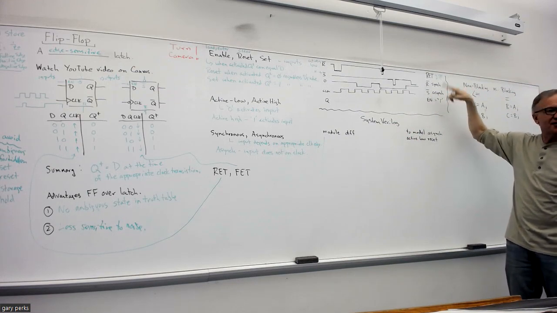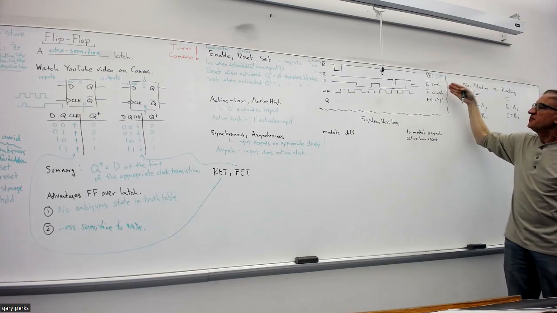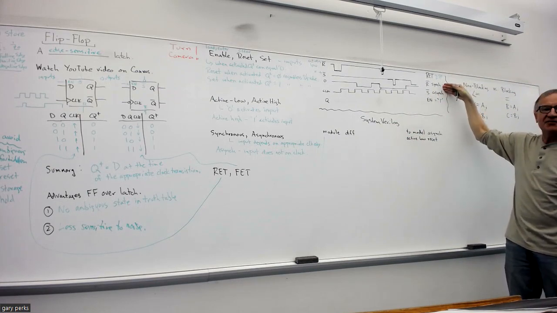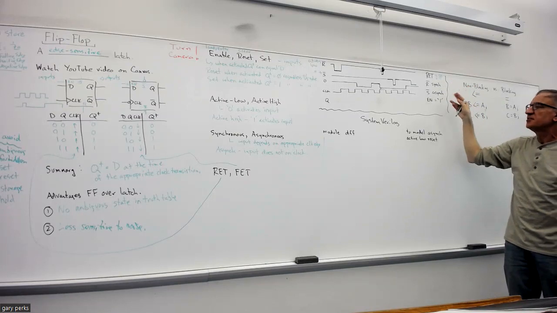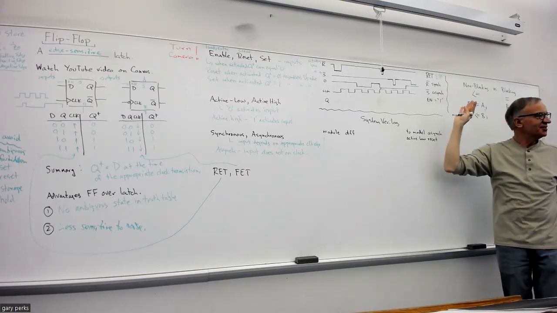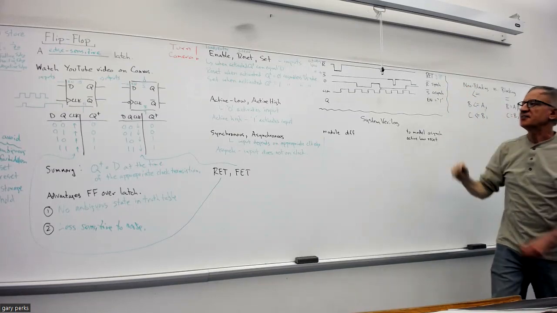Any questions about this here? Because each one of your activity problems will have this information. It will tell you whether it's rising edge or falling edge. It will tell you active low, active high. It will tell you synchronous, asynchronous. So everyone understands those terms? All right, so now,